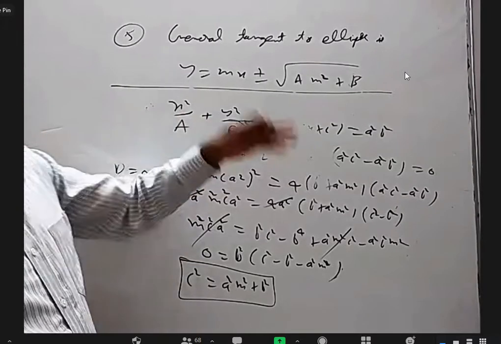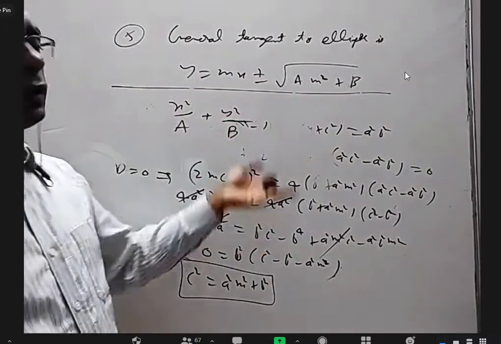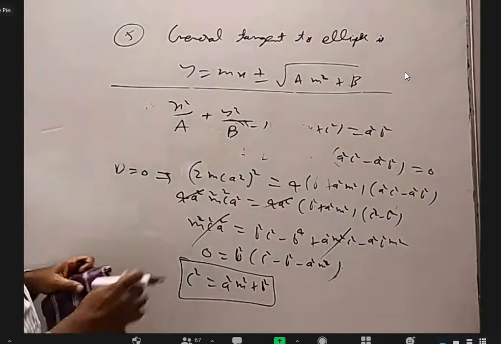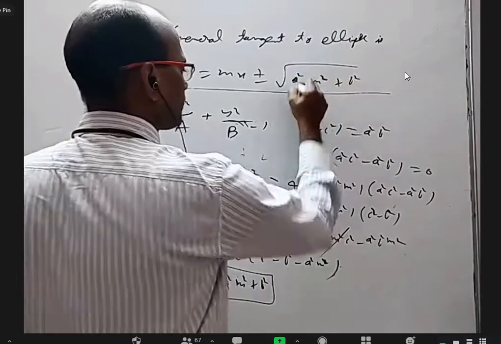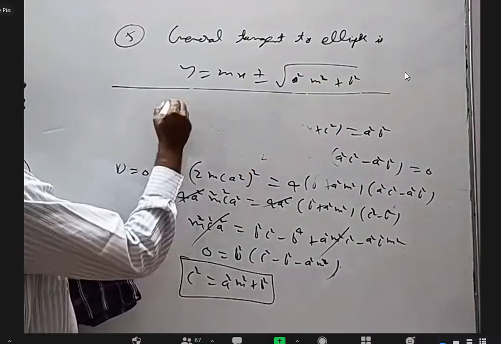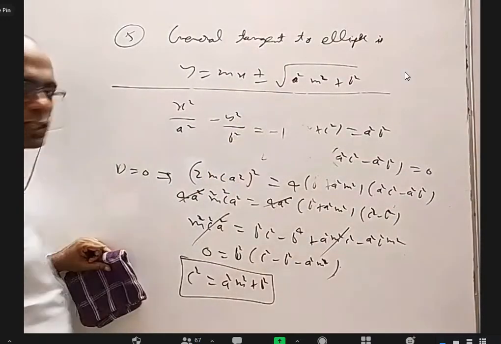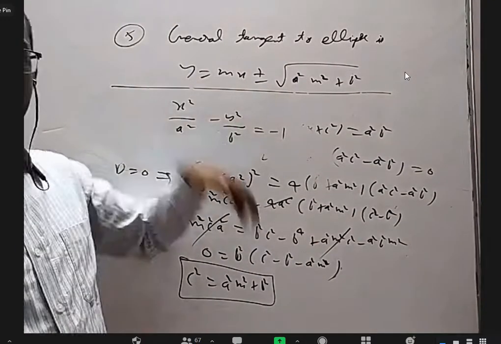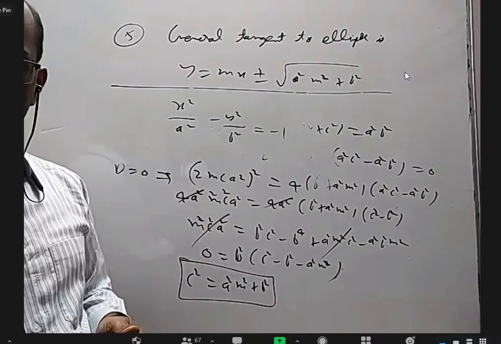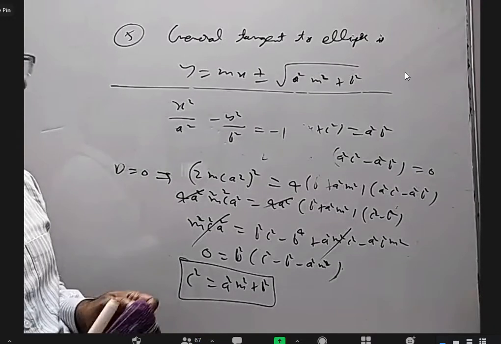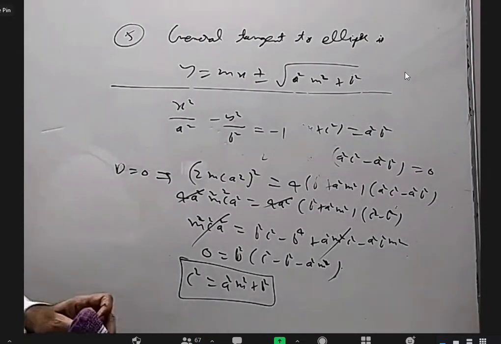So it is actually that while proving for the ellipse, I am proving for the circle and hyperbola. Let us see if somebody can answer this. This is a different hyperbola: x square by a square minus y square by b square equal to minus 1. Anybody want to tell me what will be the general tangent for this hyperbola? Root over b square minus a square m square.